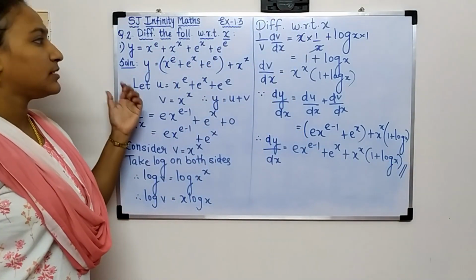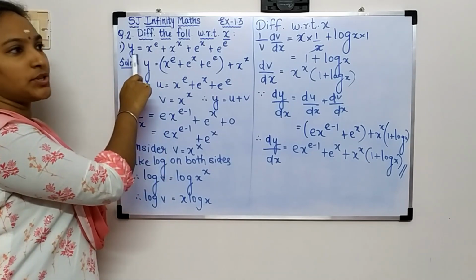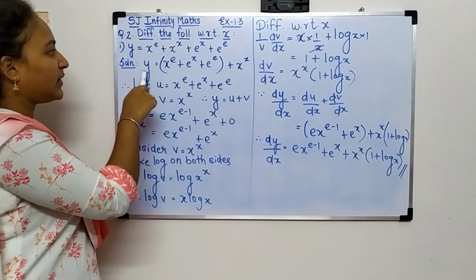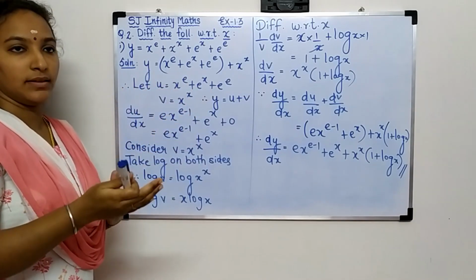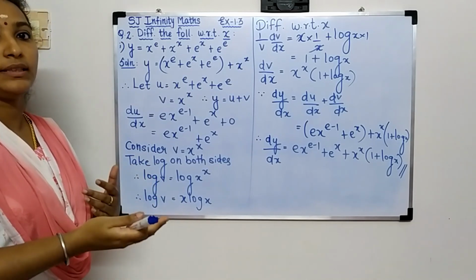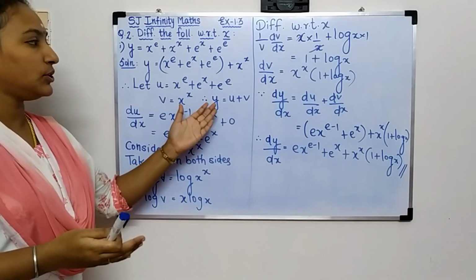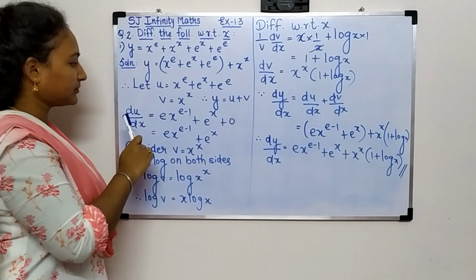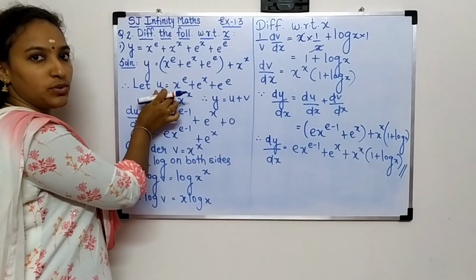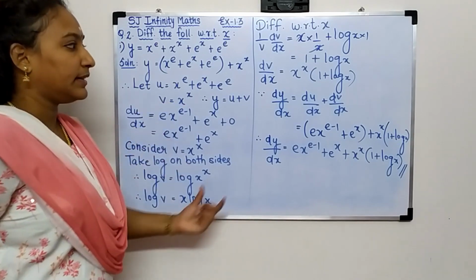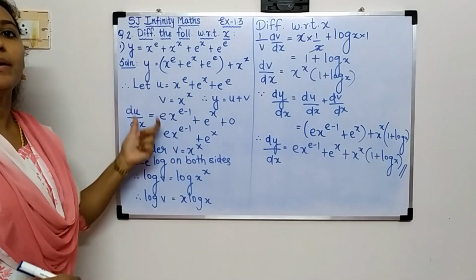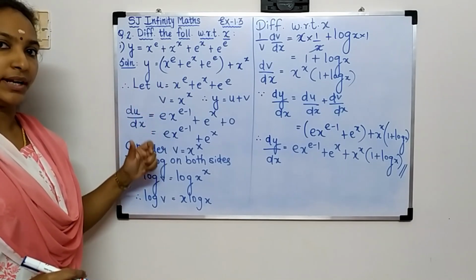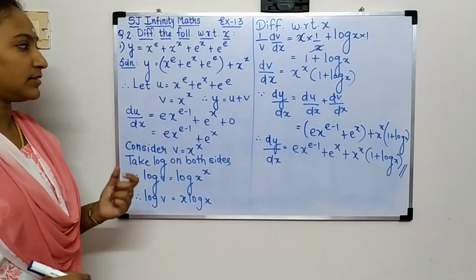Got it? See, let us revise it once again. In this question we have multiple functions. They are added together, so we have to separate them into u plus v. In some cases you may get more than two functions also, u, v and w. Accordingly you frame your y. Then you differentiate u separately, then v separately, then add them together. You will be using logarithmic differentiation in any one of the differentiations, either in u or in v or in both cases.